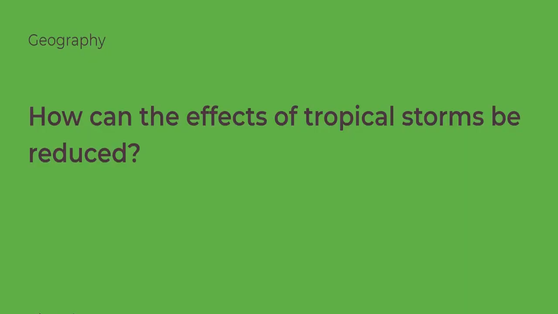So that brings us to the end of our lesson today about how the effects of tropical storms could be reduced. Remember, we can't stop a tropical storm, but we do have some methods or strategies or techniques to help us to manage and deal with tropical storms. Some of those things are before the event takes place, and some of those things will continue after the event takes place. So please make sure you complete your exit quiz to ensure that you've understood everything from today. And it might be a really good idea to summarise 3 key ideas that you could take away from the lesson so that you can secure your